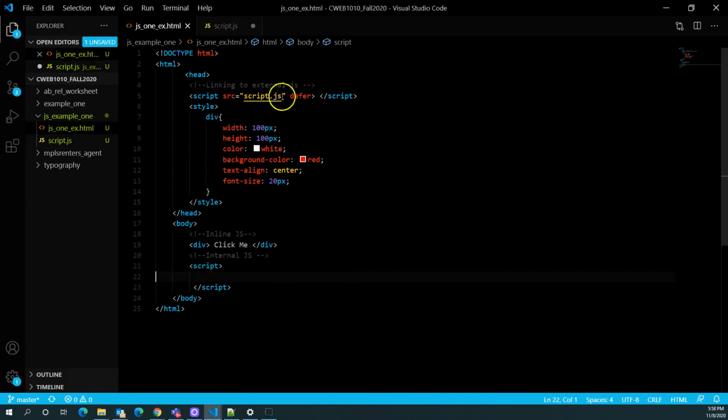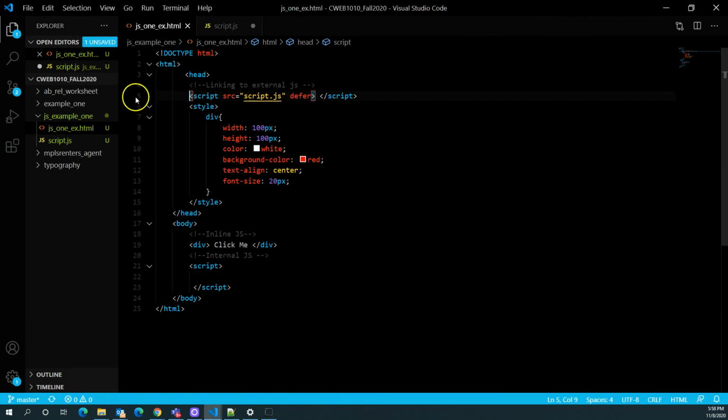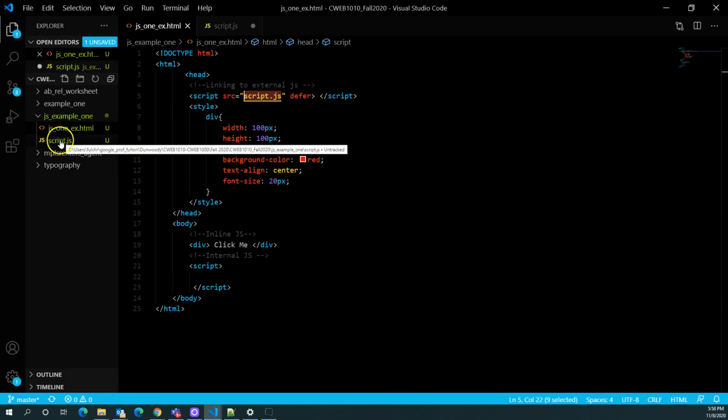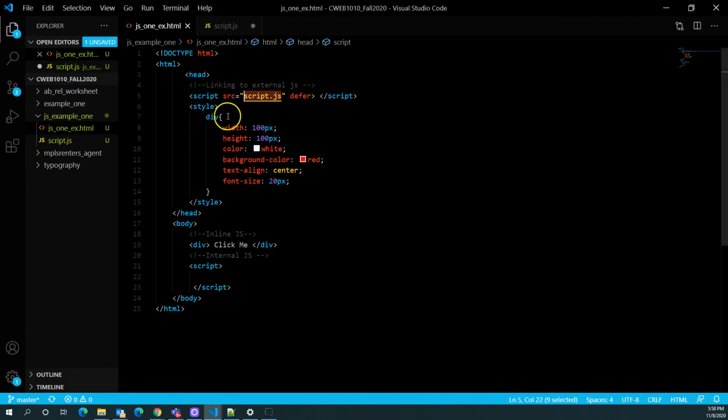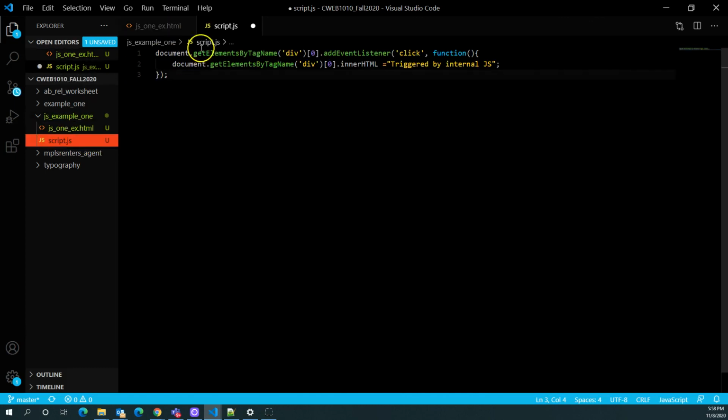And we'll save it, right? So we have our external statement that links to this script.js file. This is the relative file path. And we gave it script.js because it's within the root of the file of JS1. So if we save this and then we save the script file here as well,